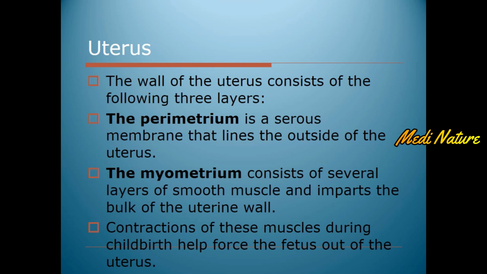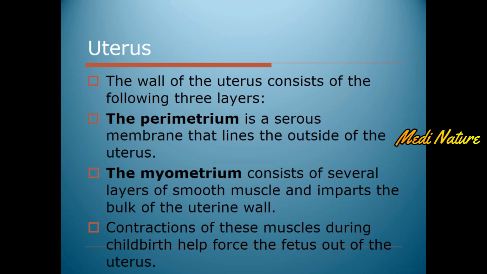The structure of the wall of the uterus is very important. The wall of the uterus consists of three main layers. The outermost layer is the perimetrium, a serous membrane which lines the outside of the uterus. The middle one is the myometrium. As the term myo suggests, this part is formed by muscles. The myometrium consists of several layers of smooth muscle and imparts the bulk of the uterine wall. The contractions of these smooth muscles during childbirth help to force the fetus out of the